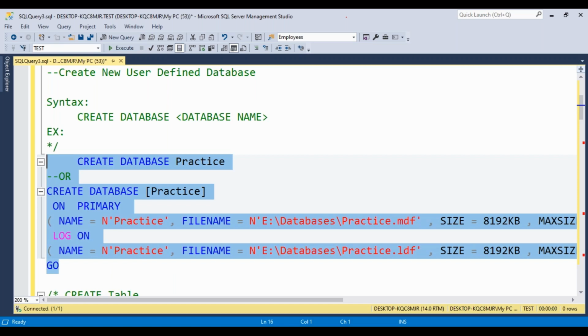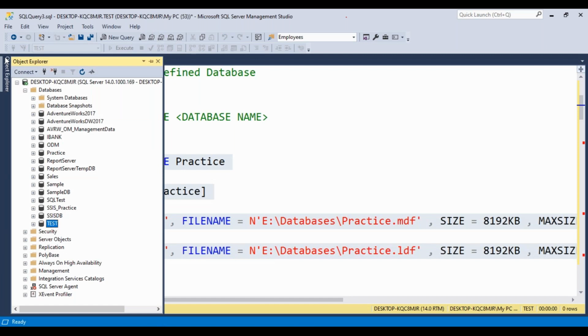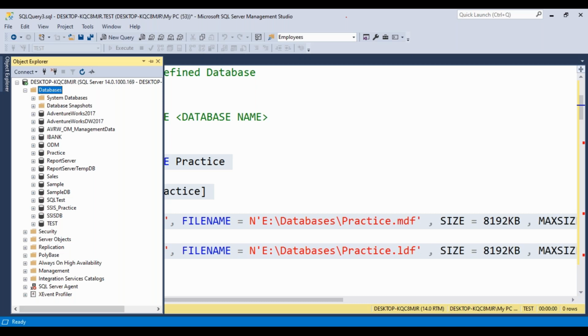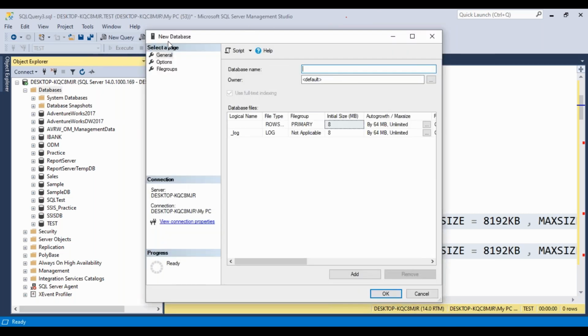Another method we can use to create a database is the graphical user interface. Directly you can right click on database, then click on new database. It will open the dialog box, the create window.